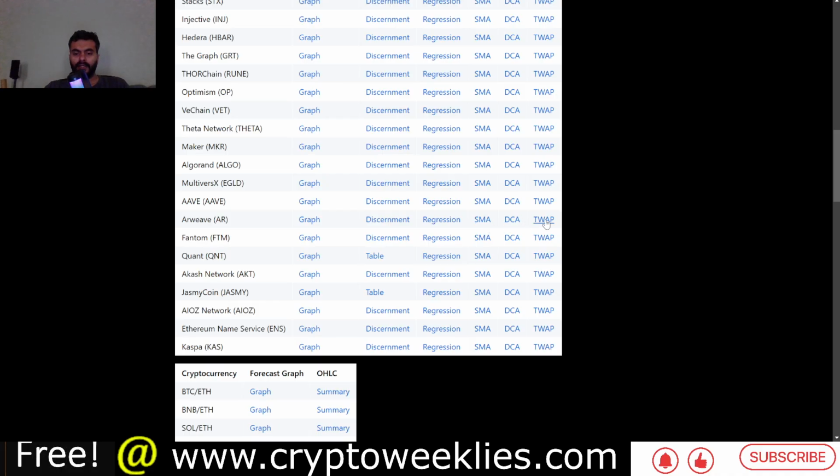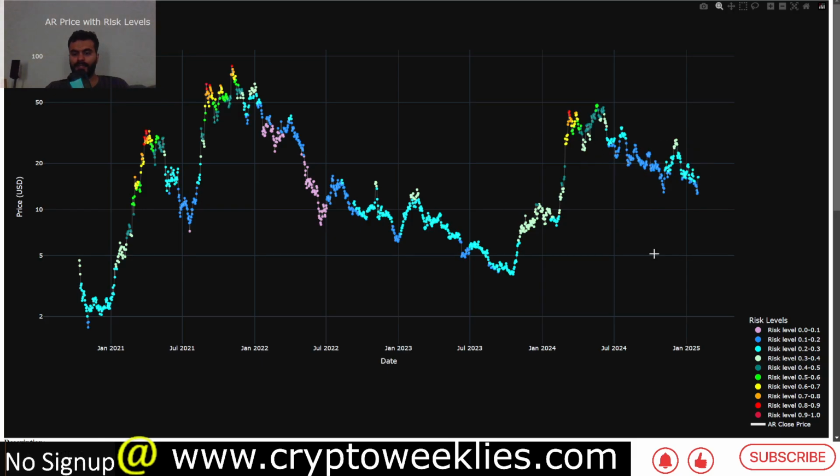In terms of the three accumulation related models, I'll briefly cover the SMA model, which is the 20-week simple moving average based model. It helps the price color code into a risk level between 0 and 1. 1 is where risk levels are too high, like they were back in March of 2024, where the risk was at around 97%. Today the risk is at around 24%. Again, this model does not identify the actual bottoms. It does a better job in identifying the tops. The second model, the DCA model, does a better job in identifying the bottoms.